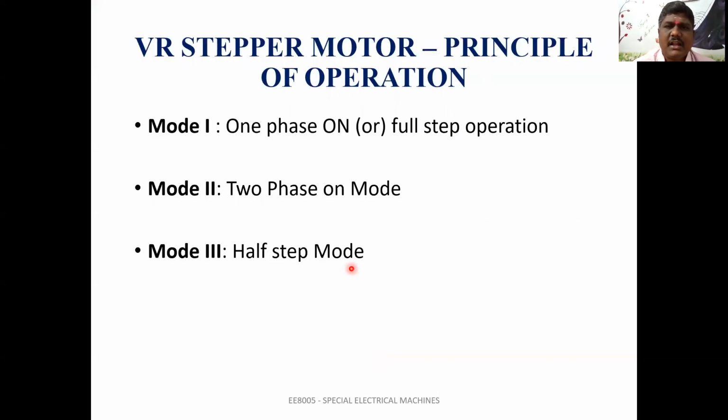Now, I want to explain an important point: if you are going for mode 1, that will be 30° of step angle developed. And mode 2 will be in between, 30 and 60°. And mode 3 will be the combination. That will be 0, 30, and here 15 will be there. So 0, 15, 30, 45. So like that, according to the selection of the number of poles.